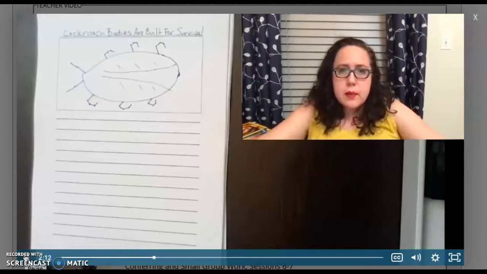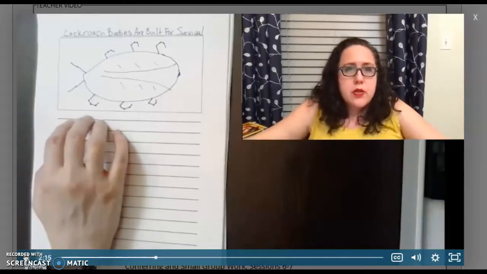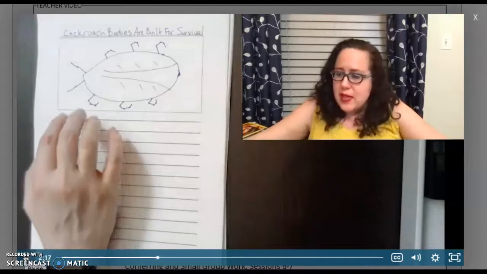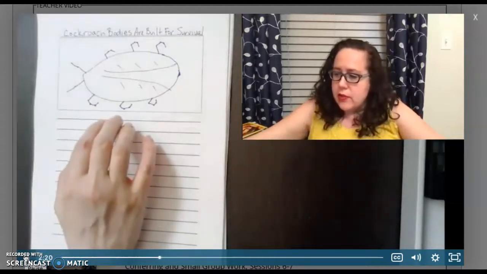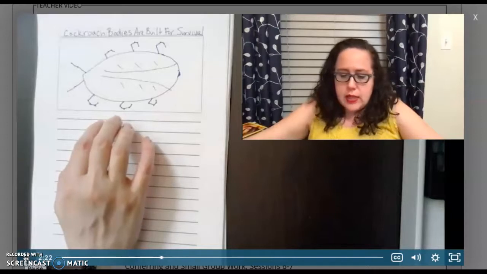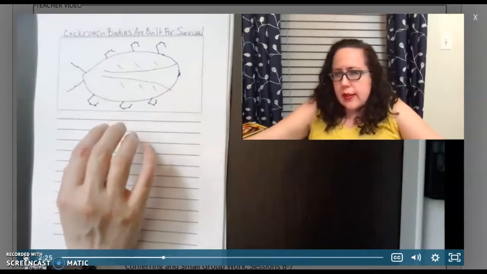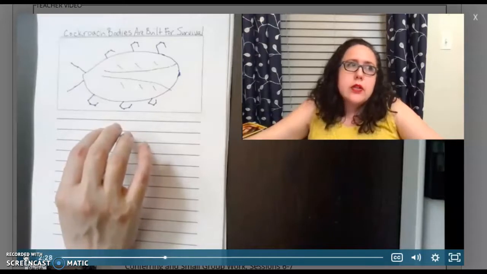So I thought it would be interesting for us to go back and look at the cockroach book and think a little bit about ways that different chapters could be organized, taking into our minds this idea of a mini table of contents. Let's try that. So let me think about this chapter: Cockroach bodies are built for survival. And there's a lot of different ways I can organize it, right? I could organize it from most important to least important. I could do